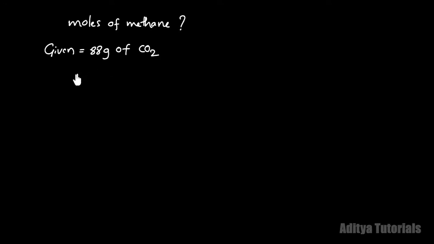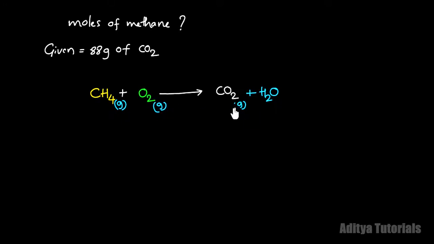Let's build a chemical equation here. The methane, that is CH4, is reacting with oxygen, O2, and gives rise to carbon dioxide, plus water, H2O. Now all are in the gaseous phase. It is a gas, it is also gas, it is also gas, and here the water is also in the form of gas because it is in the vapor phase.